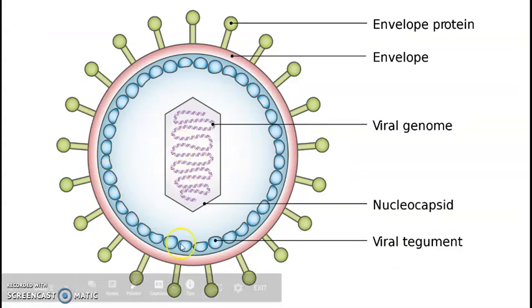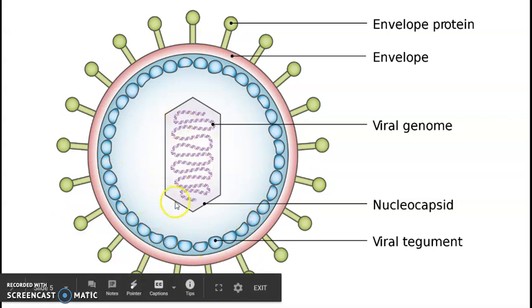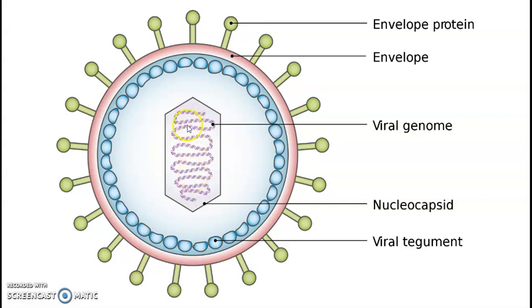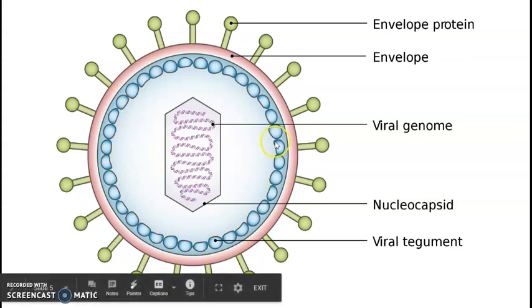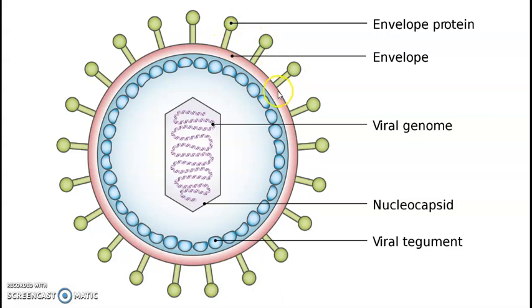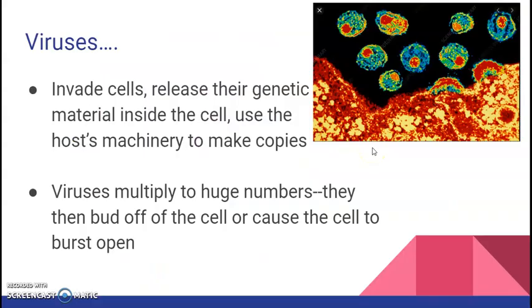All right, so here is just a brief diagram showing an enveloped virus. We have the viral genome. Remember, this could be DNA or RNA. It's embedded in this protein capsid. And then surrounding the whole thing is this envelope, which is a lipid layer, and embedded in that envelope are proteins, okay? So that's just the basics of what's in a virus.